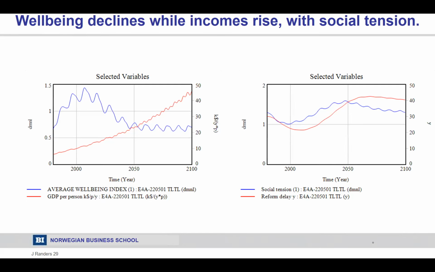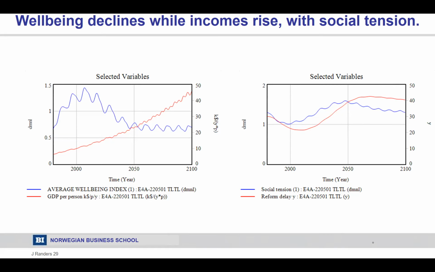It levels off because gradually the warming levels off, and also the inequality starts to level off. So if you run the model far enough out, probably the well-being will start to increase again. And I'm then including on the graph to the left also what happens to GDP per person in order to make the following point. Notice that over the next 30 years, we will be in a situation where the GDP per person grows because labor productivity is going to continue to rise, while at the same time, the new indicator is going down.